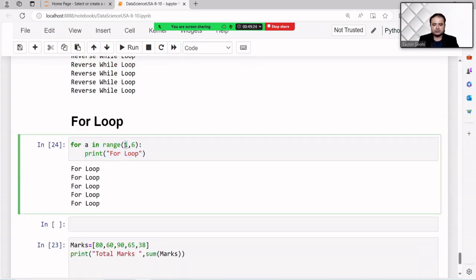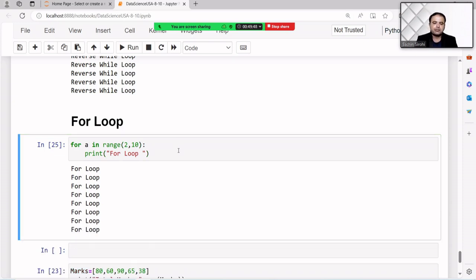Where you want to start, 1, and where you want to stop, you can give the starting and stopping numbers. We can give the first number 2 as per my requirement, and we can also increase the number as per the requirement.